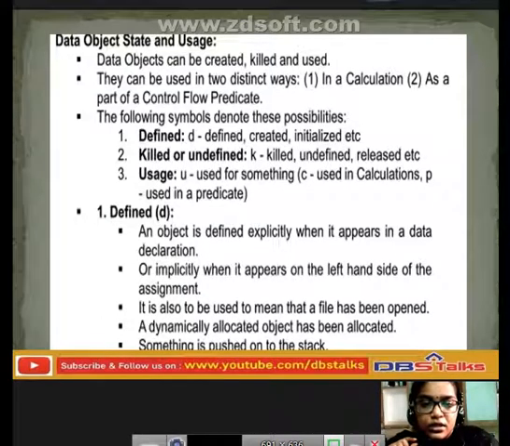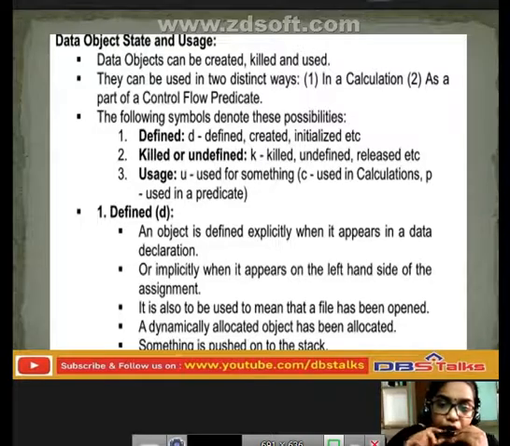In this session we have seen how we are going to use the data object and how we are going to define it. If it is defined, created or initialized, we use the symbol d.